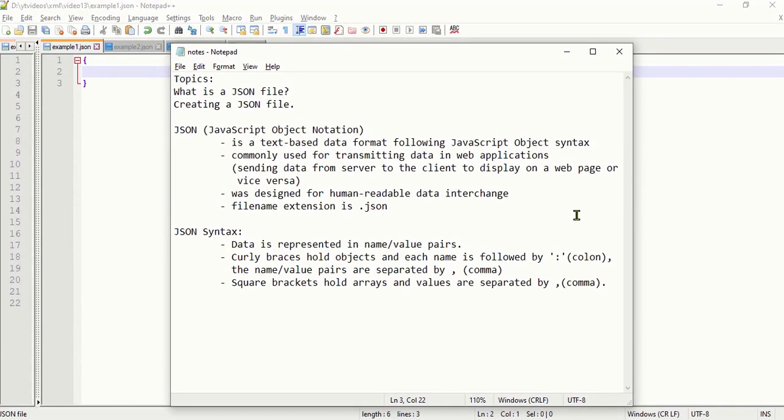Hello everyone. In this tutorial video, I'm going to explain what is a JSON file, how to create a JSON